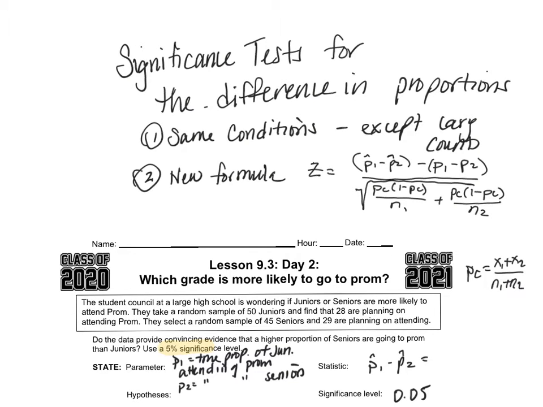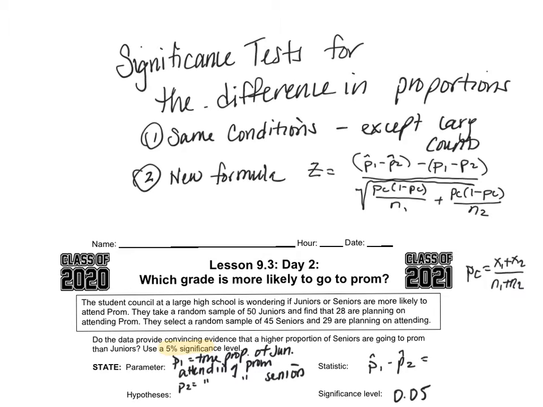Hello. So today we're going to talk about significance tests for the difference in proportions, kind of day 2 of this conversation. So one of the things we came to yesterday was that most of the conditions are the same except for large counts. And so the first thing we need to realize is that in order to check the large counts condition, there's 2 ways that you can do that. The first is the way we've been doing it the entire time, which is that P1 times N1 is greater than or equal to 10,